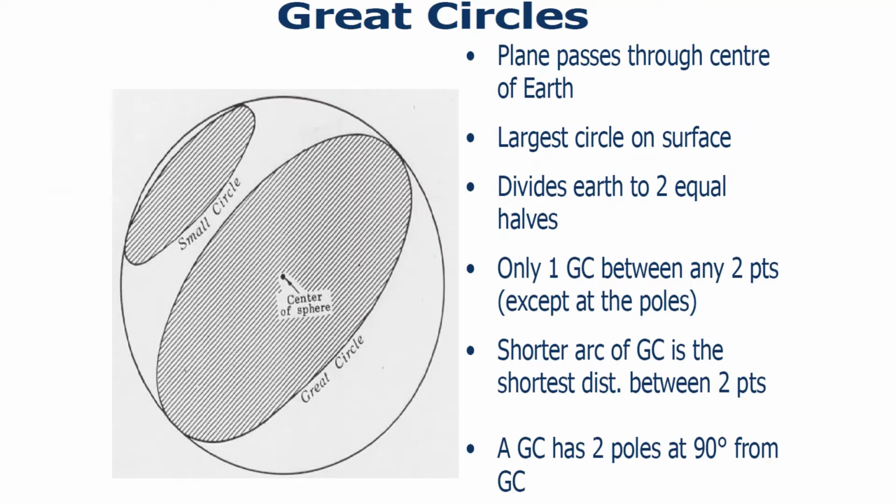So to draw courses on a sphere and to get the shortest distance between the two points, we draw great circle courses. The great circle course is the shortest distance between two points on the Earth's surface, since we know that the Earth is a sphere. An example of a great circle is of course the equator. I'm not reading through these definitions because you can do that on your own. I'm just trying to quickly explain the difference between rhumb line and great circle.